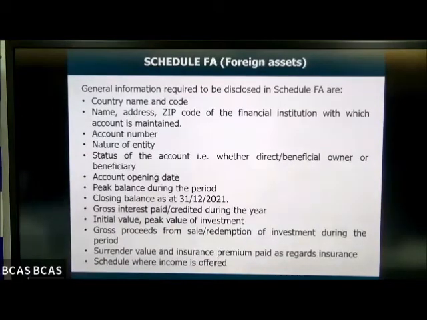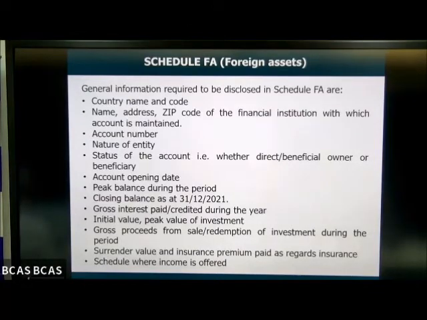Schedule FA, that is Schedule of Foreign Assets. The general information required to be disclosed in the schedule are country name and code, name, address, zip code of the financial institution with which the account is maintained, the account number, the nature of the entity where the account is held, the status of the account, that is whether there is a direct ownership or a beneficial ownership or whether you are a beneficiary, then the account opening date, the peak balance during the period, closing balance as at